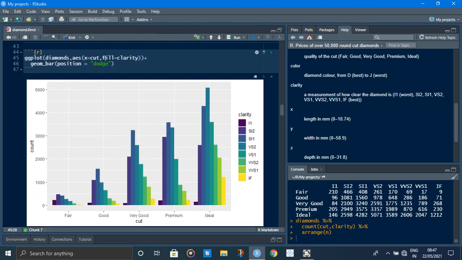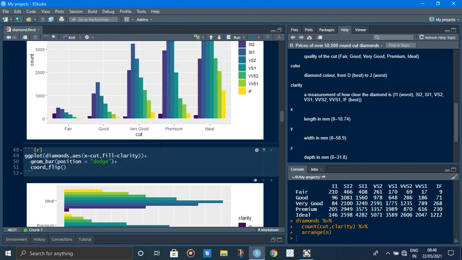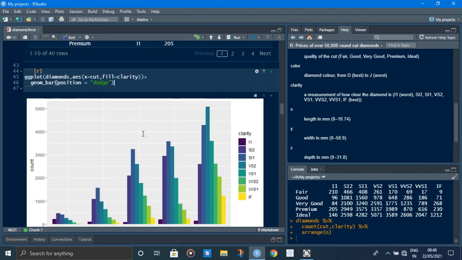Fill means the bar charts are colorful with the clarity variable, and position dodge means each bar is available for each variable.